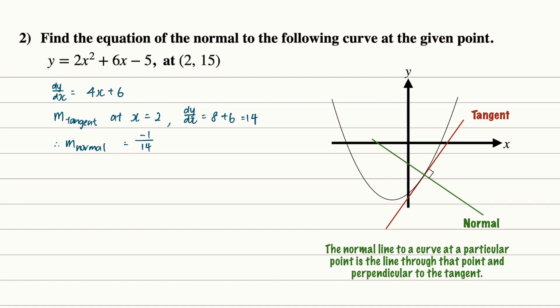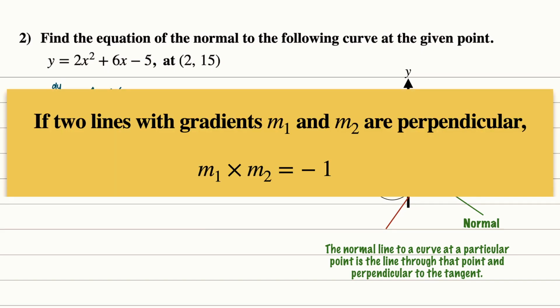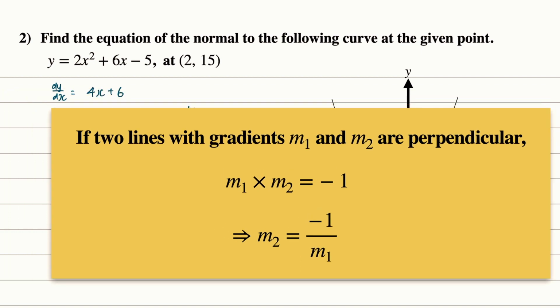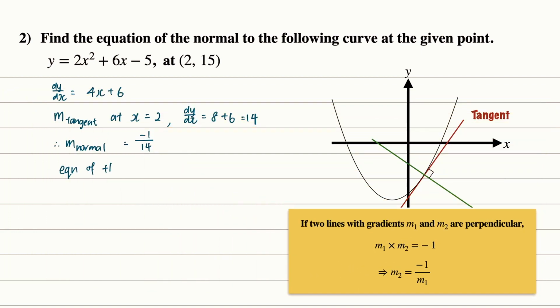divided by 14. This came from the formula over here, where m1 multiplied by m2, where these gradients are perpendicular to each other. When we multiply them, the value is minus 1. So if you want to find the gradient m2, for example, all we need to do is to take minus 1 divided by m1. Alright, so putting it together, the equation of the normal, we have y minus 15, which